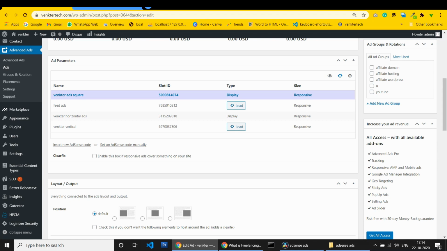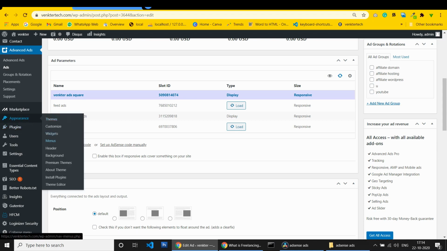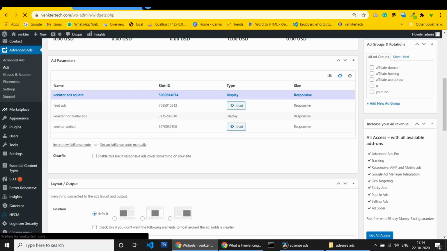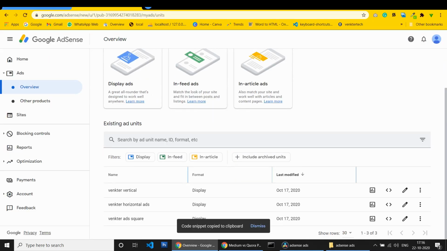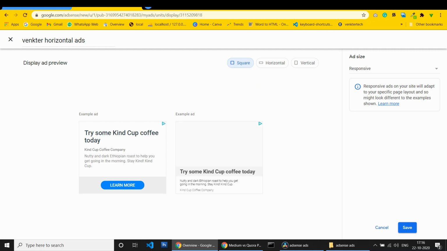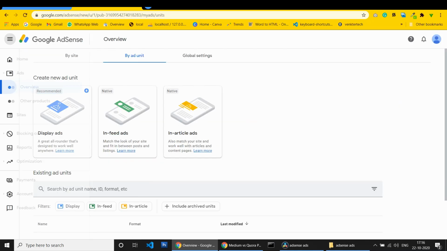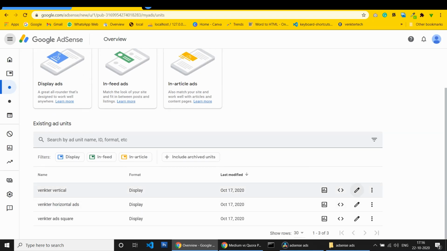We can choose anything we want to show, depending on the widgets. It's horizontal, it's vertical.